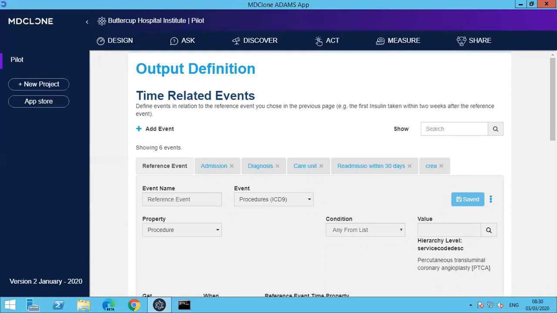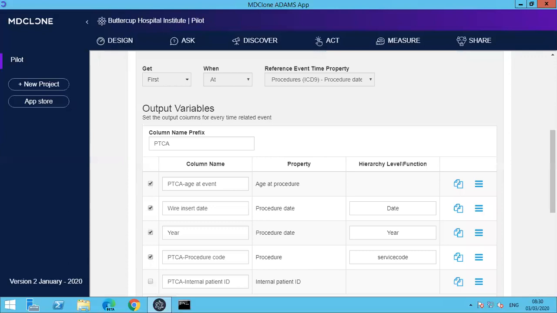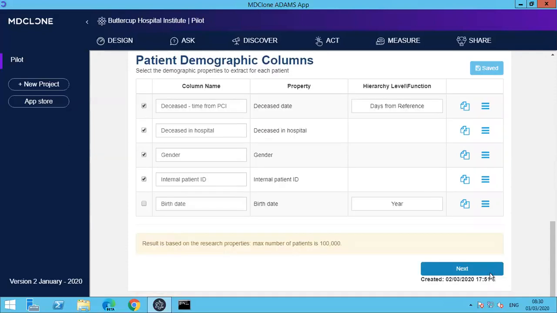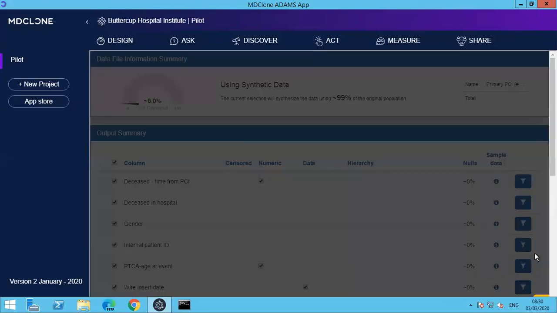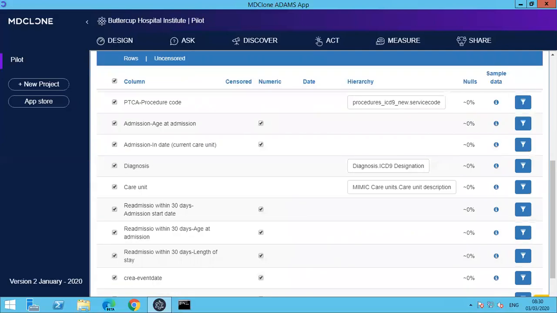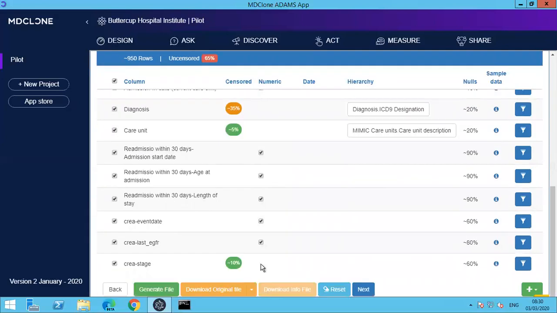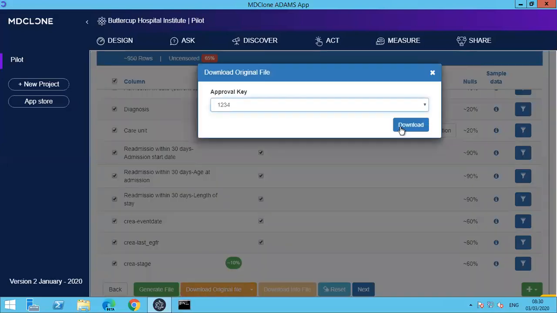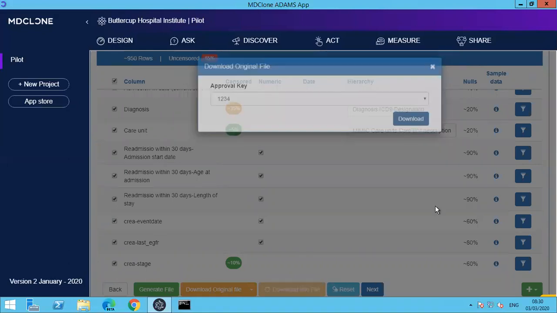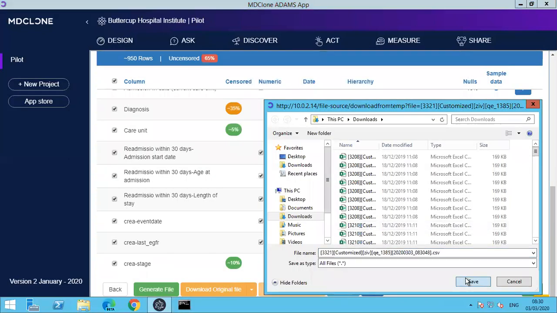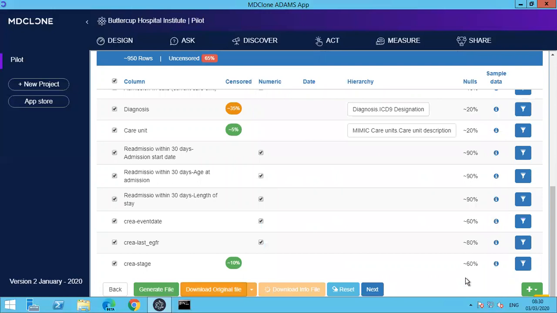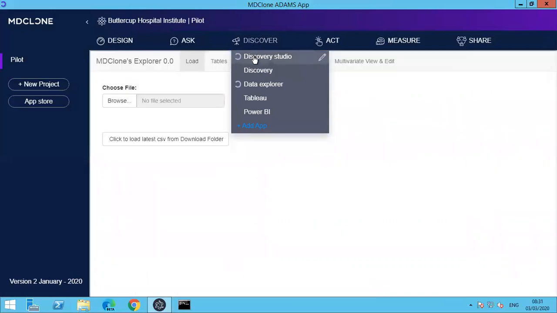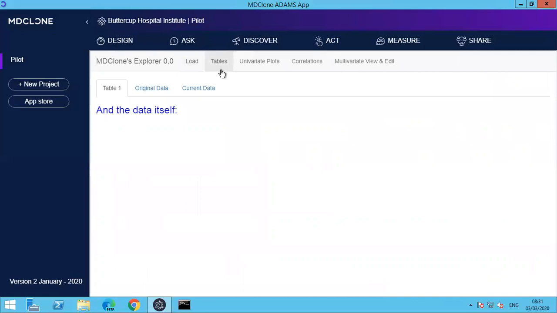Here we put disease in hospital. And in the end, we'll show synthetic data and show the file as it is produced by the system. We can show the original file or the synthetic file at the end of this process. After this has been done, we can analyze it statistically using our Discovery Studio. So looking at table 1,